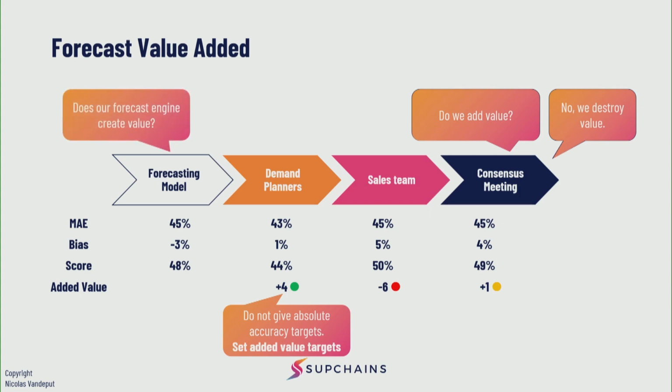There is one point missing here, and I think most companies never thought about it and never did it. And the last question is, but what about the forecast model? Is this forecast engine adding any value? Now, most of the people I'm asking this question to would reply something like, we just have a new implementation, we do an automated selection among 12 models, so it can only be great, things like that. It's automatically optimized, so it can only be super strong. I even had someone saying, it can only be great, I've been working on it for 3 years now.